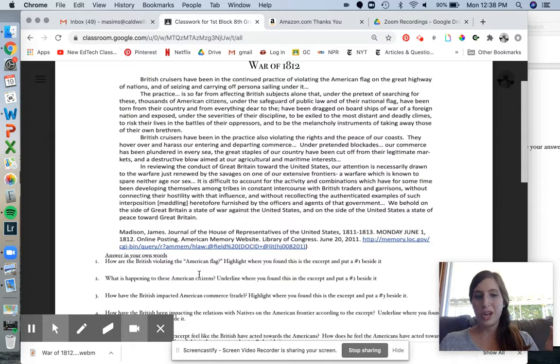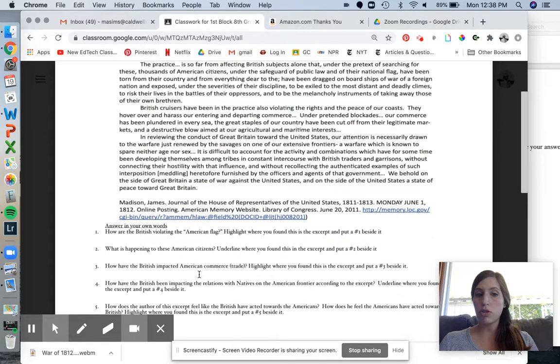So what you need to know about James Madison is he's a war hawk. And we talked about in the notes, that means that he wants to go to war with Great Britain. And so essentially this is his case that he is presenting as evidence of why the United States should go to war with Great Britain. And as we know, the United States is going to do that.